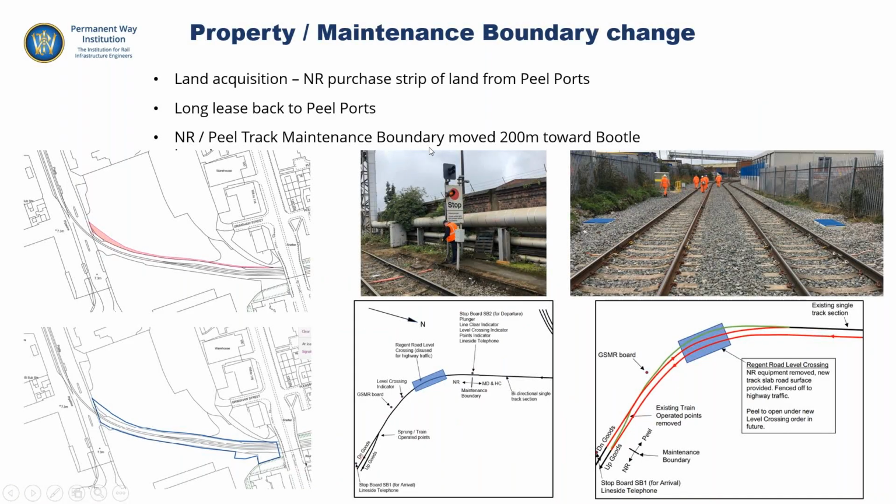Last one from me, so that's just the property maintenance boundary change, land acquisition. Network Rail purchased a strip of land from Peel Ports, and